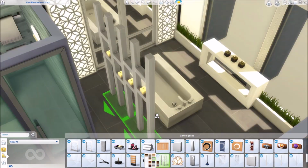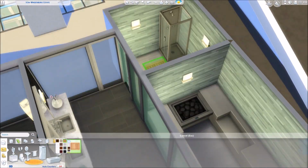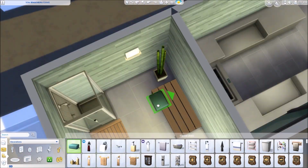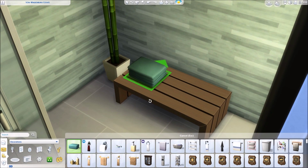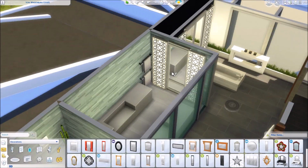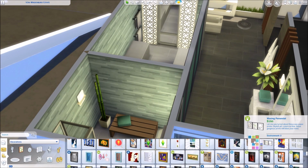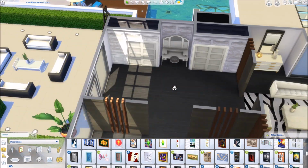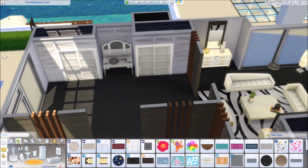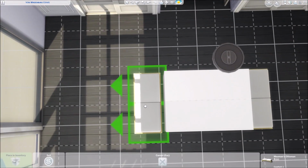And of course, we now have the washing area in the garage, so all of the dirty towels, the butler will place them all there. So yeah, here placing a towel there on that bench so that your Sims can dry themselves off, some lighting, and making it look just a bit more luxurious. So yeah, that's it. And here going into the walk-in closet, of course we needed two large dressers there,